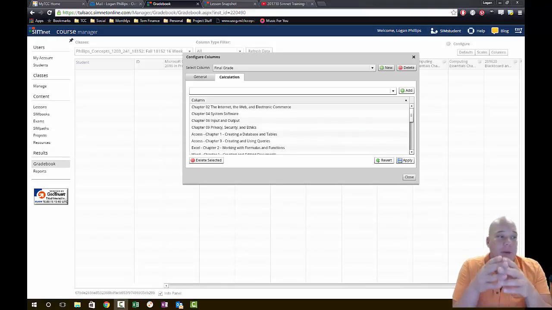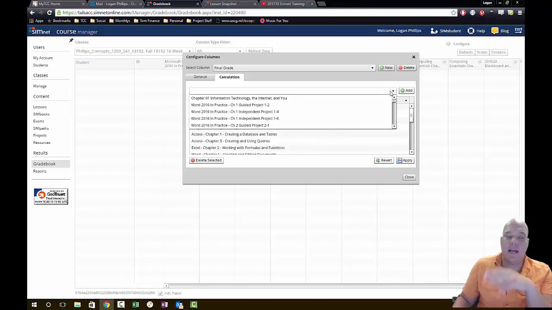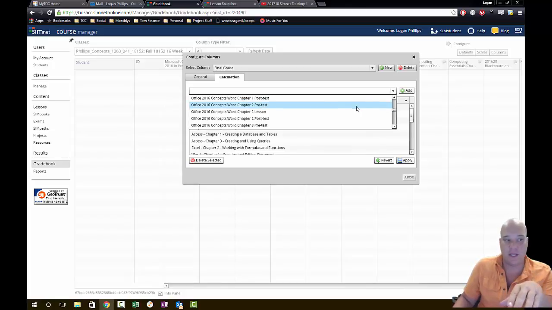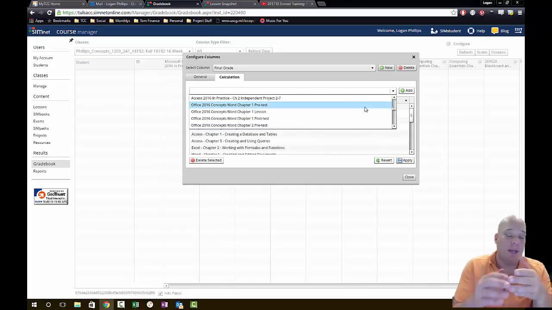Okay, the next thing I'm going to be doing on my gradebook is adding in my sim books. Now, if you're doing your calculations and adding these in, when you come down to the drop-down menu, you're going to see the sim books, pre-test, lesson, and post-test. Now it's up to you to remember that